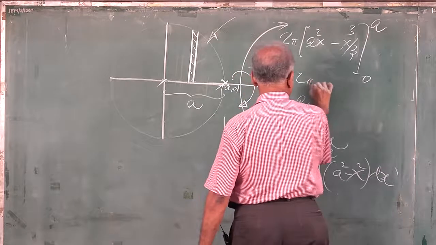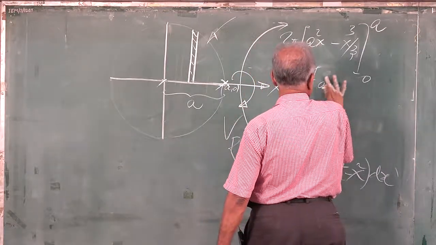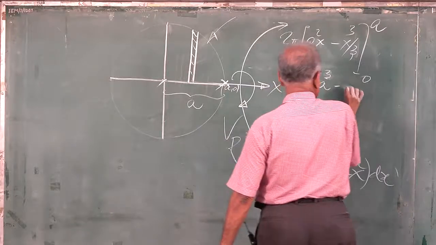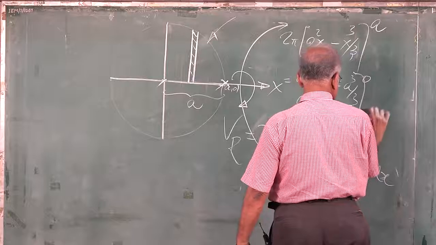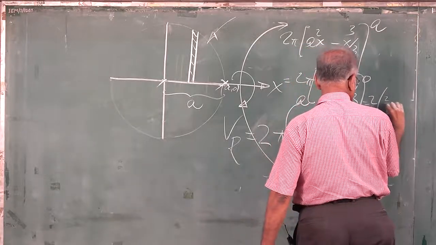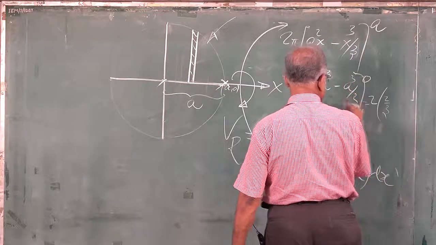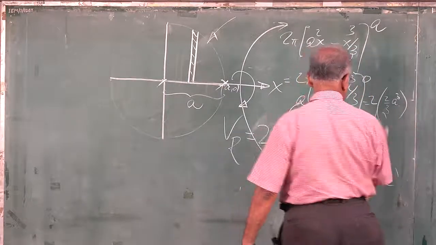This is 2 pi times (a cubed minus a cubed by 3), that is 2 times 2 by 3 a cubed, and this straight takes us to 4 by 3